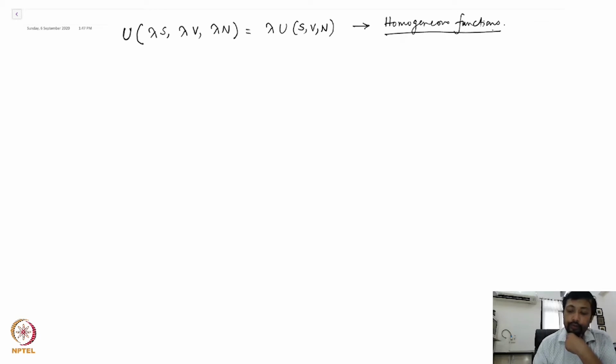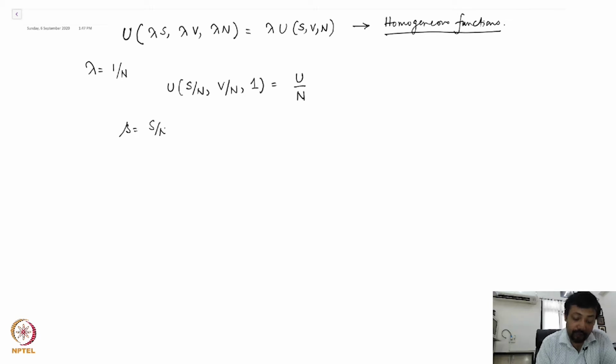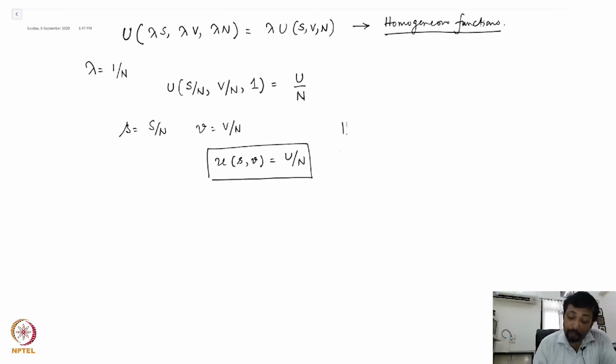Okay. So before we want to understand what homogeneous functions are, what we want to write down is, let's choose lambda is equal to 1 by N, right? Then it follows U of S by N, V by N and 1 is equal to U by N. So therefore, you see the number 1 is not very important. So if I define small s as capital S over N, small v as capital V over N, then U of small s and small v is U by N, right? So the homogeneity property allows me to define